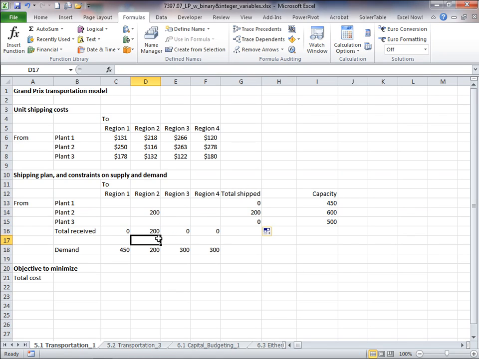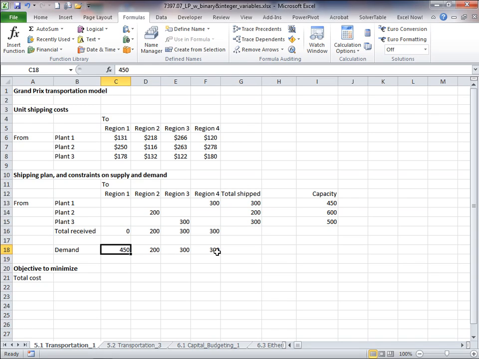Okay, so now we've shipped 200 from plant 2 to region 2 at the lowest cost we can find, and we satisfied all the demand, right? So we can go through this iteratively, picking up the next lowest cost, which now is the 120, right? So we could pick up 300 here. And then what's the next lowest cost? 122, is that right? So 122, 300 there. All right. And now, since we've satisfied demand for 3 out of the 4 regions, all we have